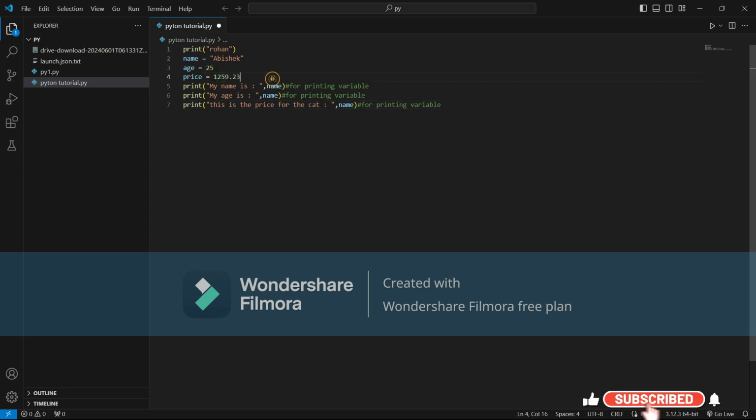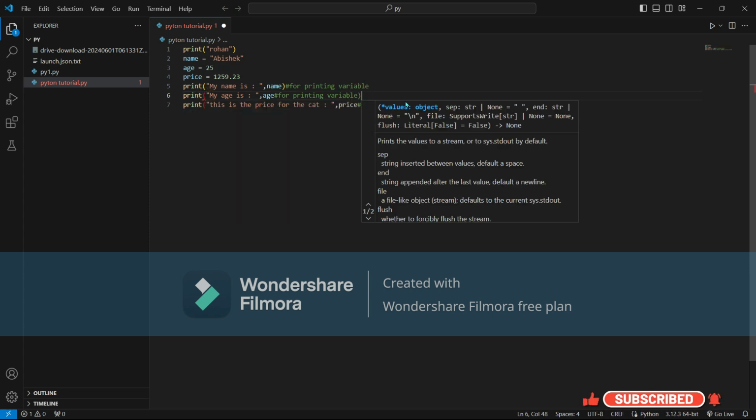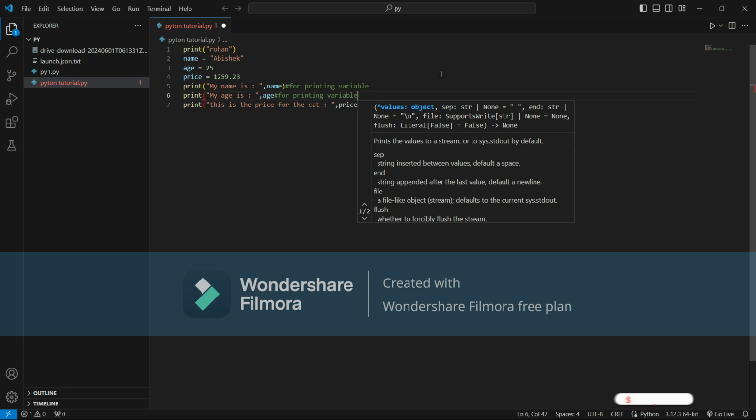I will do one more. I will change the variable and write price variable. Change over here and write age variable. And I have to close it also.